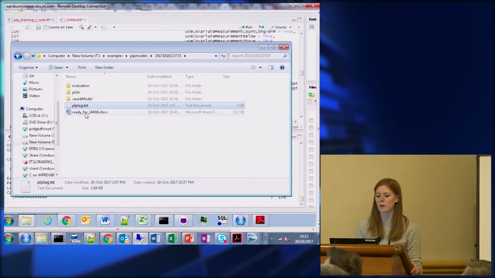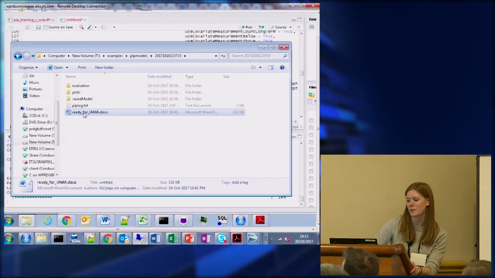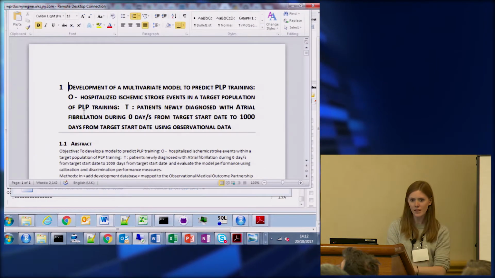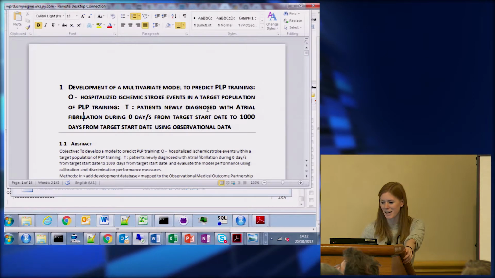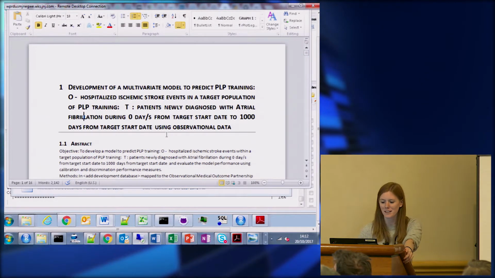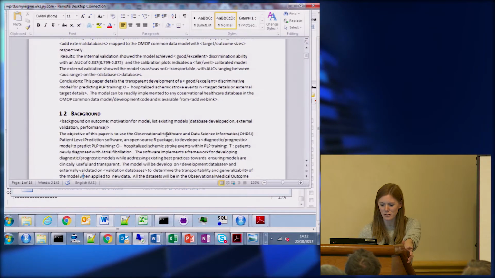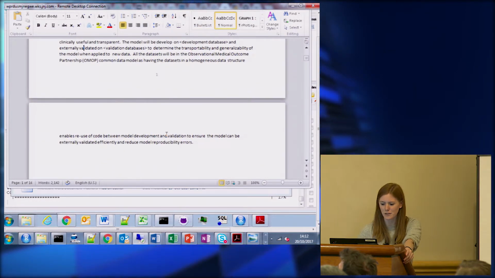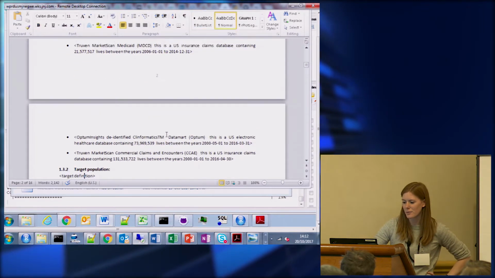Also, one thing we have is this document, which we've ironically named Ready for JAMA. If you click on that, it actually inputs all of the settings you did and generates a template journal paper. So you have your abstract all written in. You have a little picture of the plot of the prediction put in. You have the methodology,